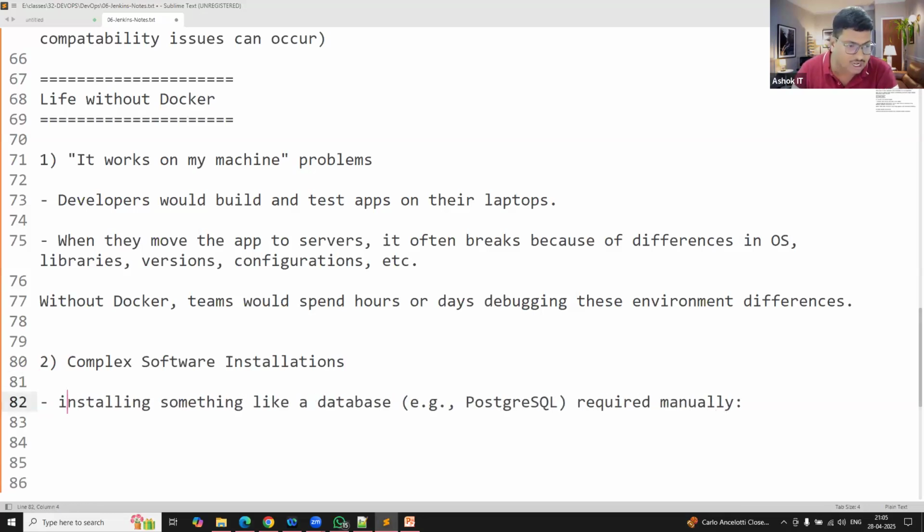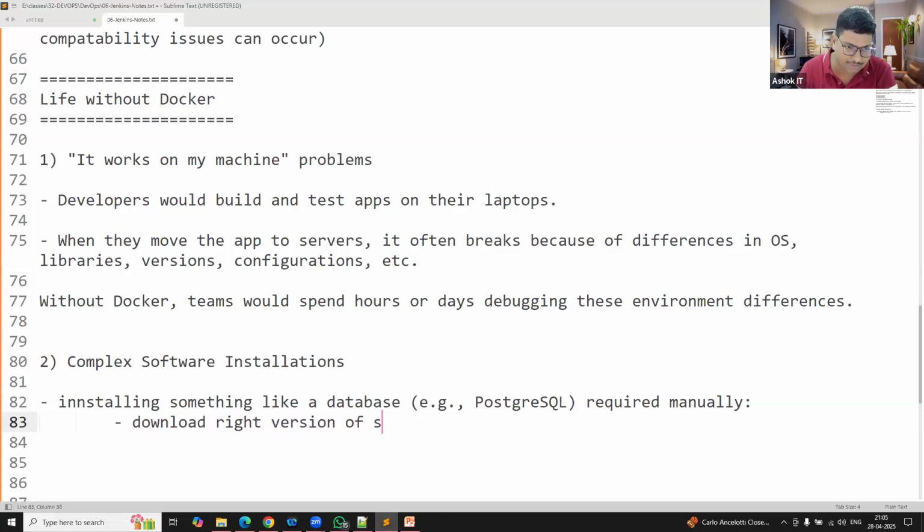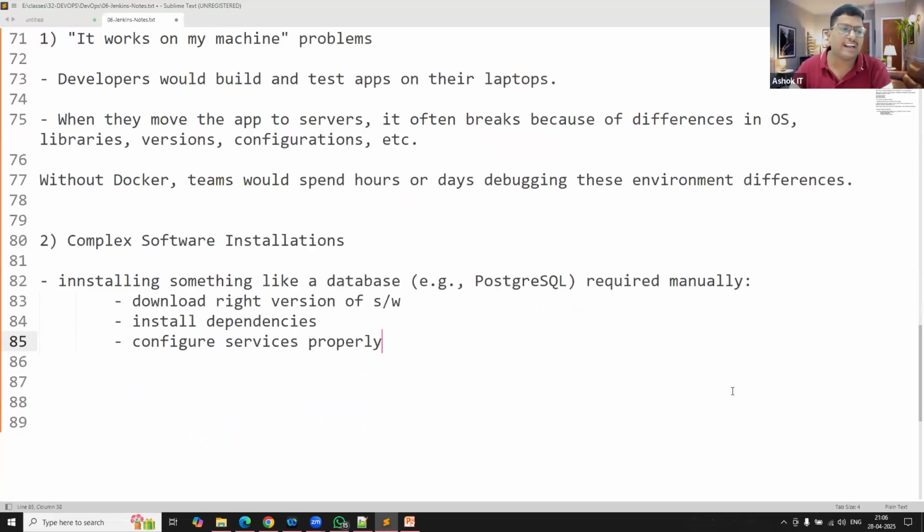Installing a database is done manually: downloading the right version of the software, installing the dependencies, then configuring services properly. Only then will the database server run in your system.